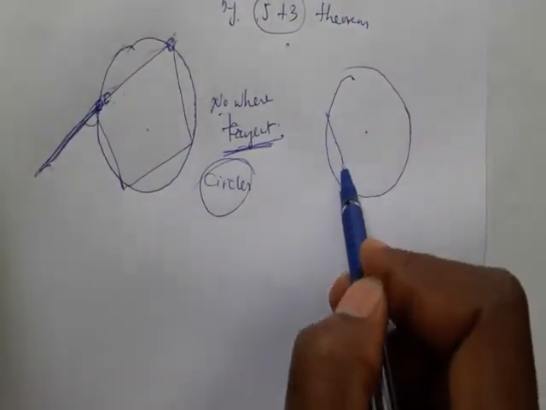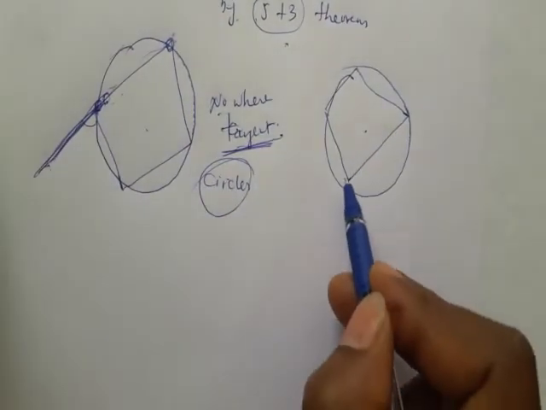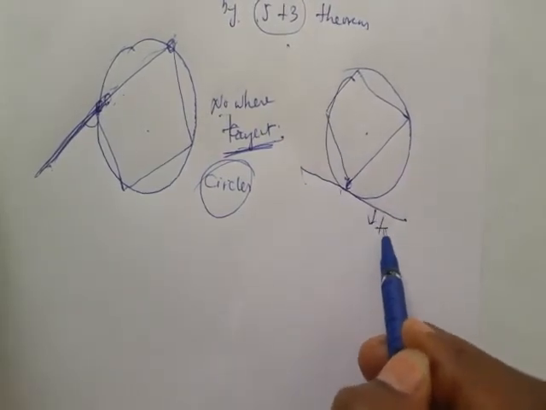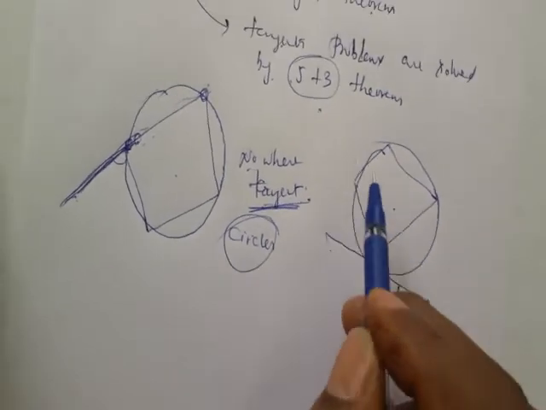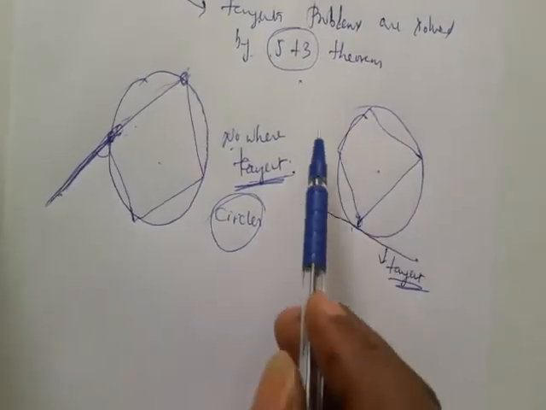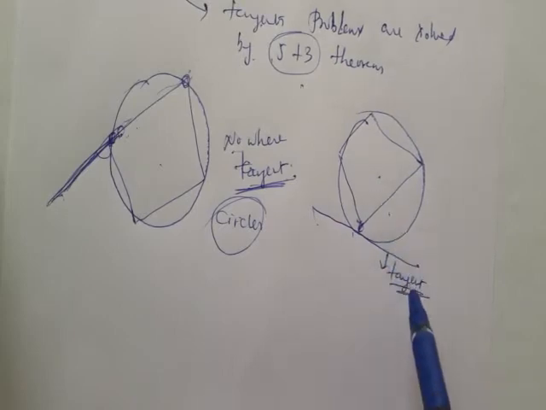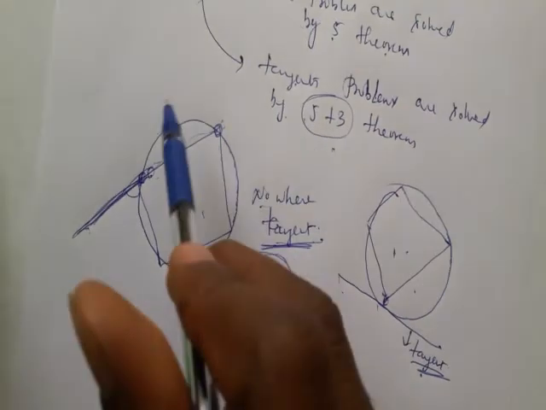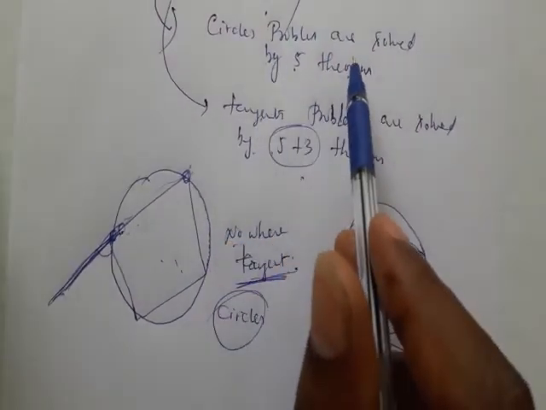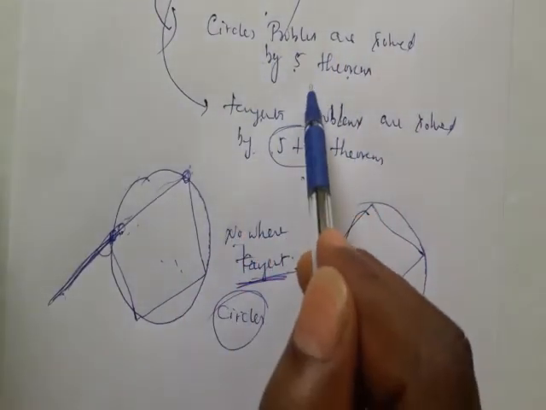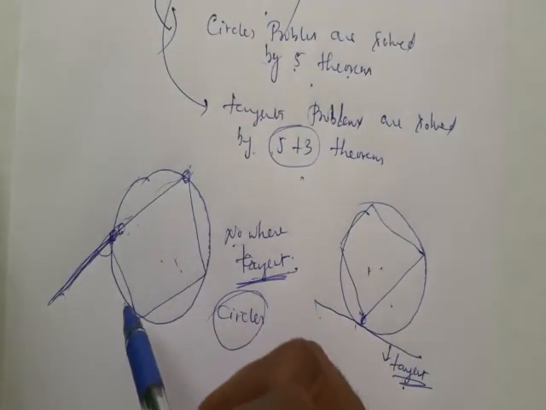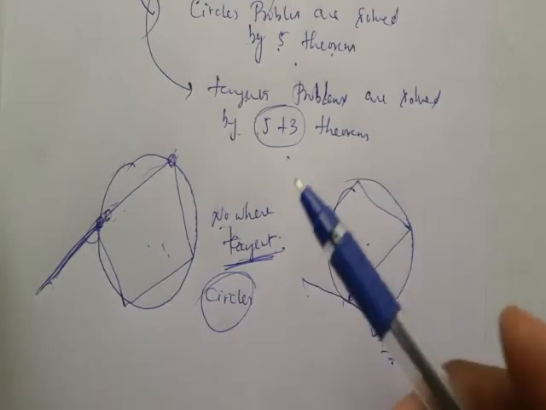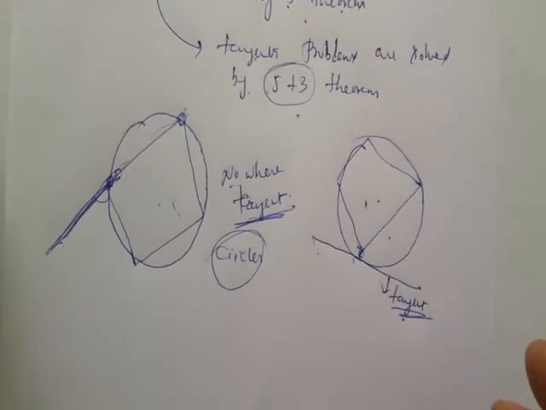But in the given diagram, cyclic quadrilateral as well as, suppose at this point one line is given as a tangent. If you see a tangent in the question, then this problem comes under the 5 plus 3 theorems. So in the given problem, if you see a tangent, then it is a tangent problem. Without a tangent, any diagram given is a circle problem. Got it? Circle problems do not have tangents. In a tangents problem, tangent as well as some circle components are also there.